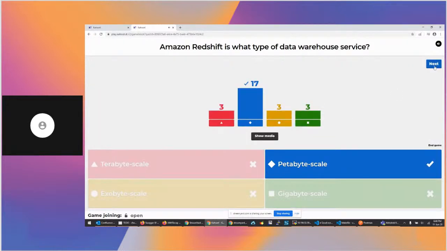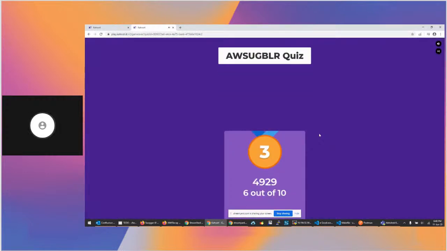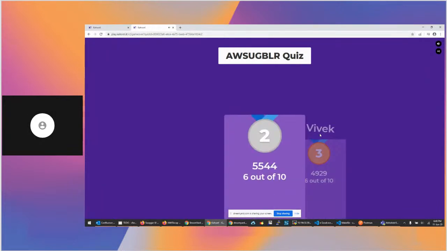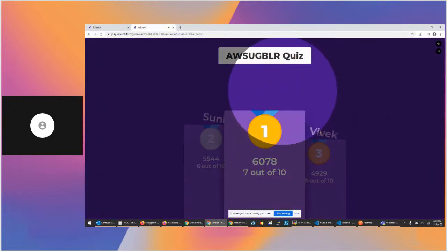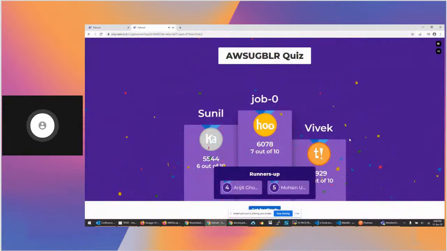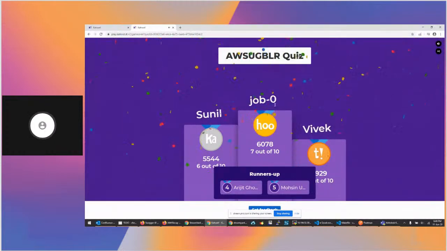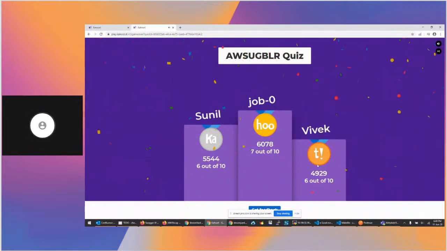All right. So that's the end of the quiz. Let's see who are the winners. Vivek is in third. Sunil is second. And the winner is Job Zero. I am not sure who Job Zero is. This is definitely so. Since Job Zero is a fictitious name, Sunil would be promoted to first, and Vivek would